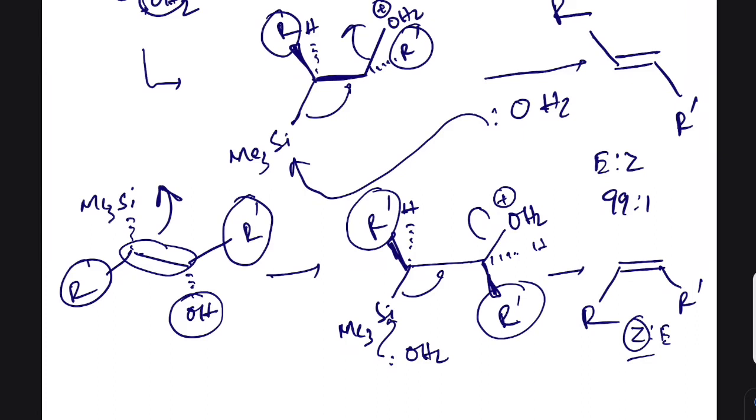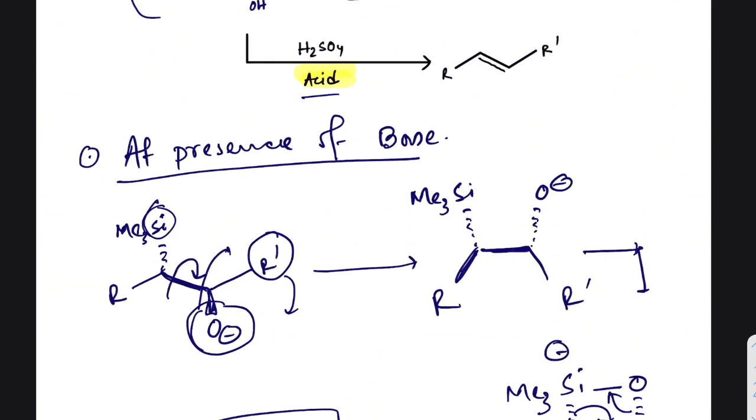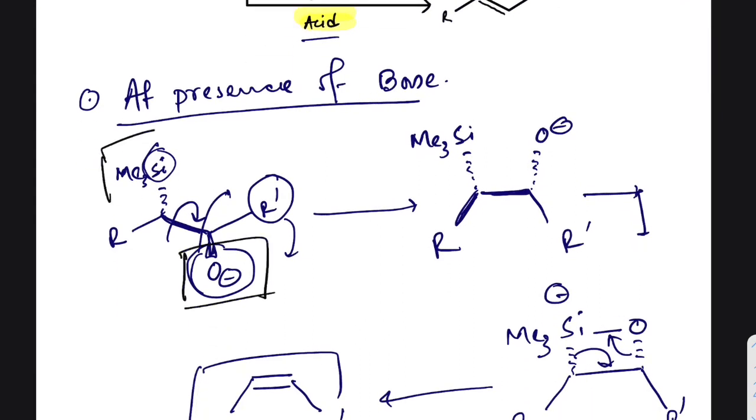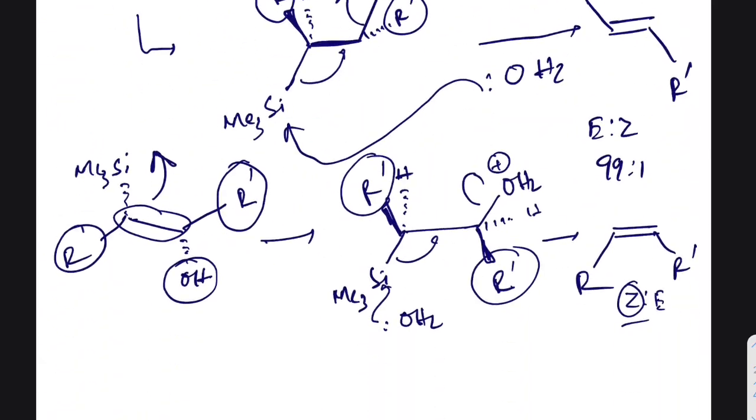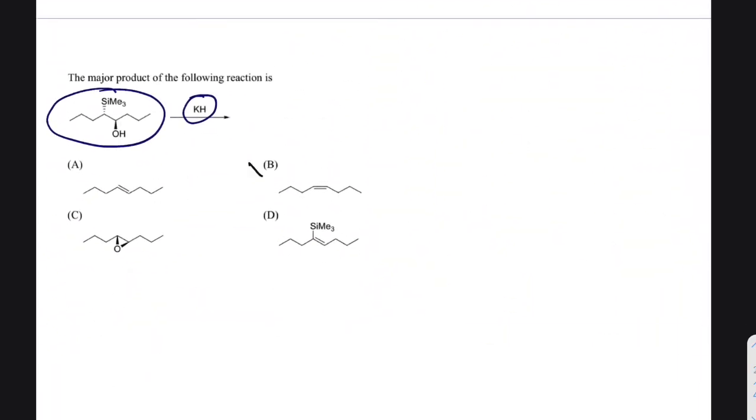Depending on the pH of the reaction medium, the product is different. It comes frequently in many entrance exams, and one of the examples is this: in the presence of base and this type of substrate, what will be the product? It is pretty simple because base undergoes chelation, therefore we can solve this type of problem. In the presence of base, O minus and SiMe3 are in trans, in anti position, then it gives the cis product, Z olefin. So the answer over there is B, right?